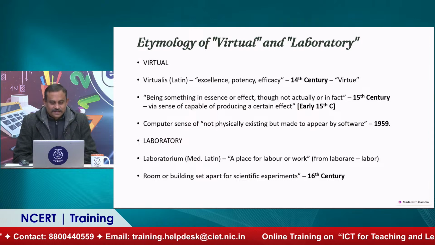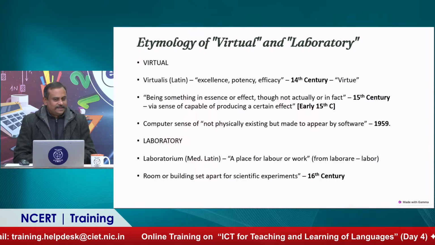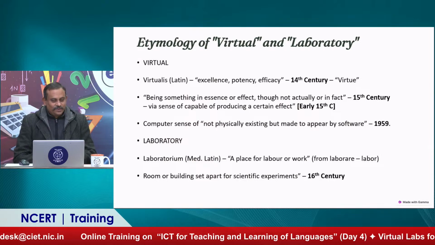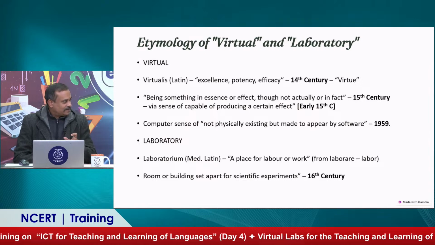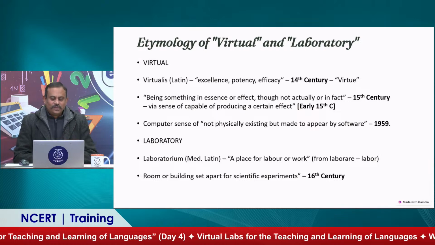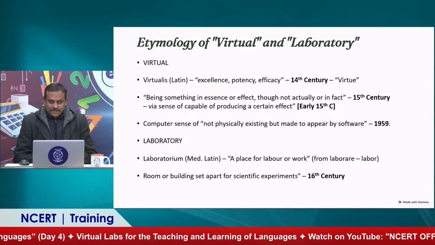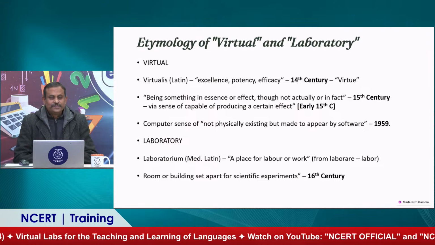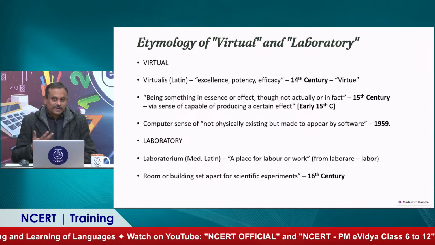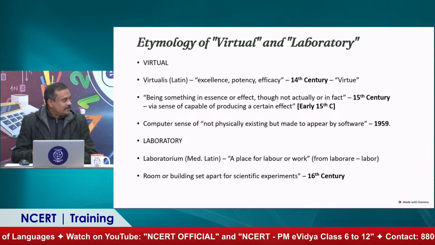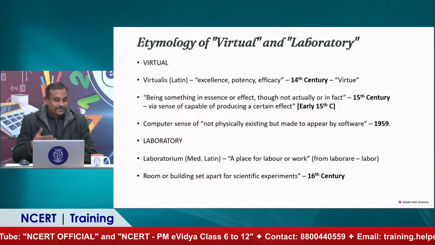So you can feel the excellence of somebody, but you cannot really measure it. Yeah, you can feel it. It's the essence. And so this is how something which is not fact, virtue, not fact, this is the relation. Okay. And over 4 more hundred years, by 1959, when computers came into being in America, the idea of not physically existing but things that appear by a software on your screen came to be known as virtual. Okay. So the two words are actually related: virtue, which is goodness, and virtual.